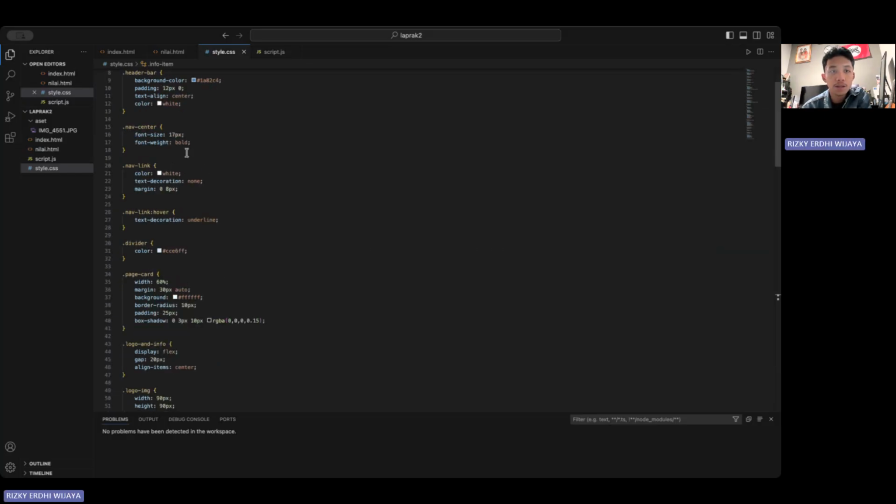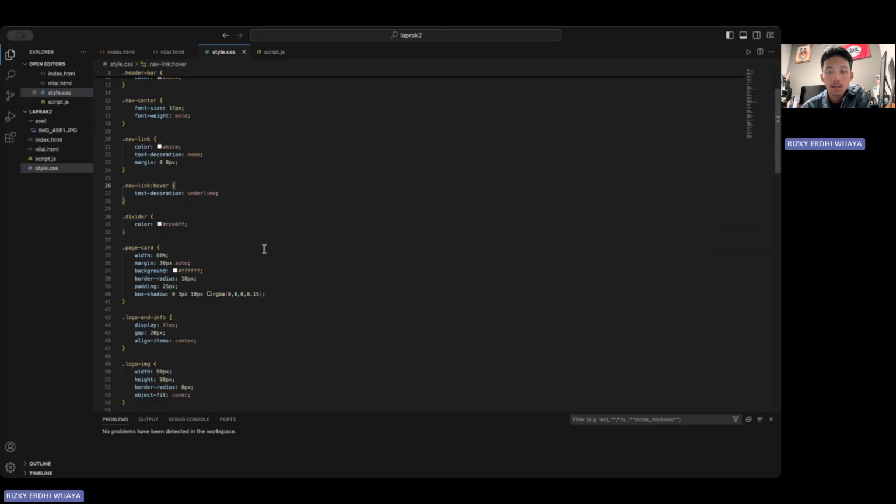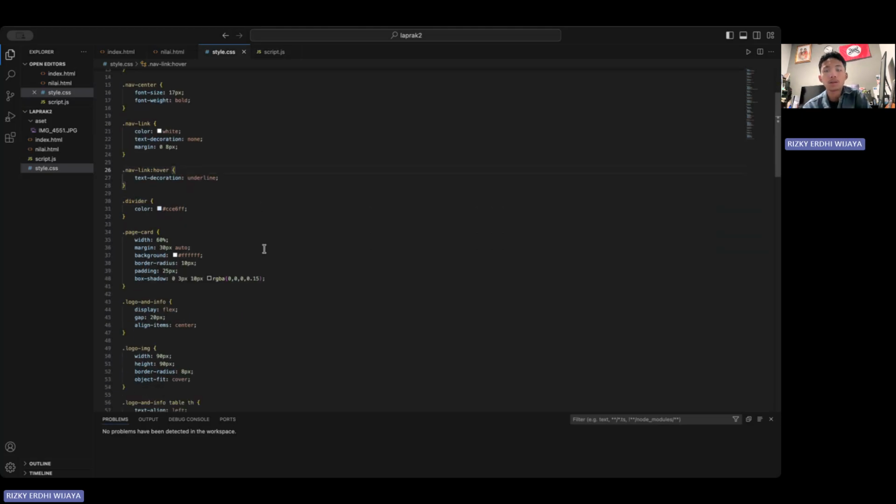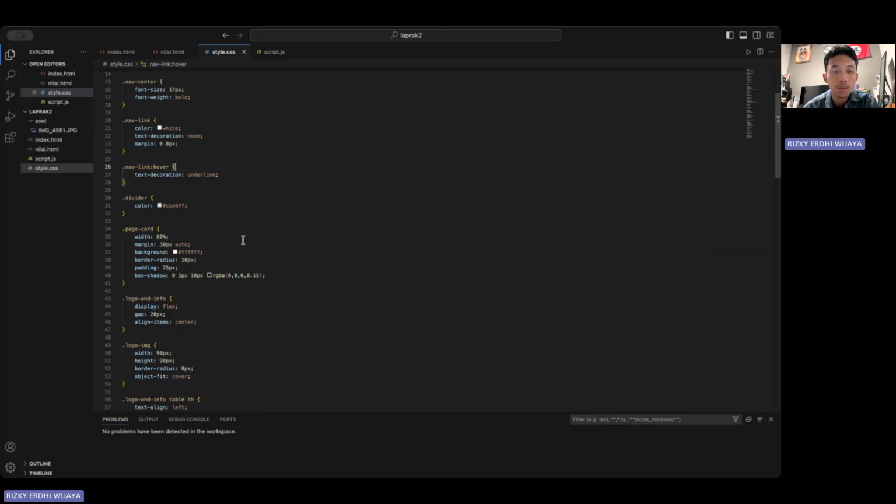Links inside the navigation bar are styled to appear bold and clear, and they include a hover effect to improve usability. The page card in the center uses rounded corners, padding, and a subtle shadow to achieve a modern, elevated appearance.